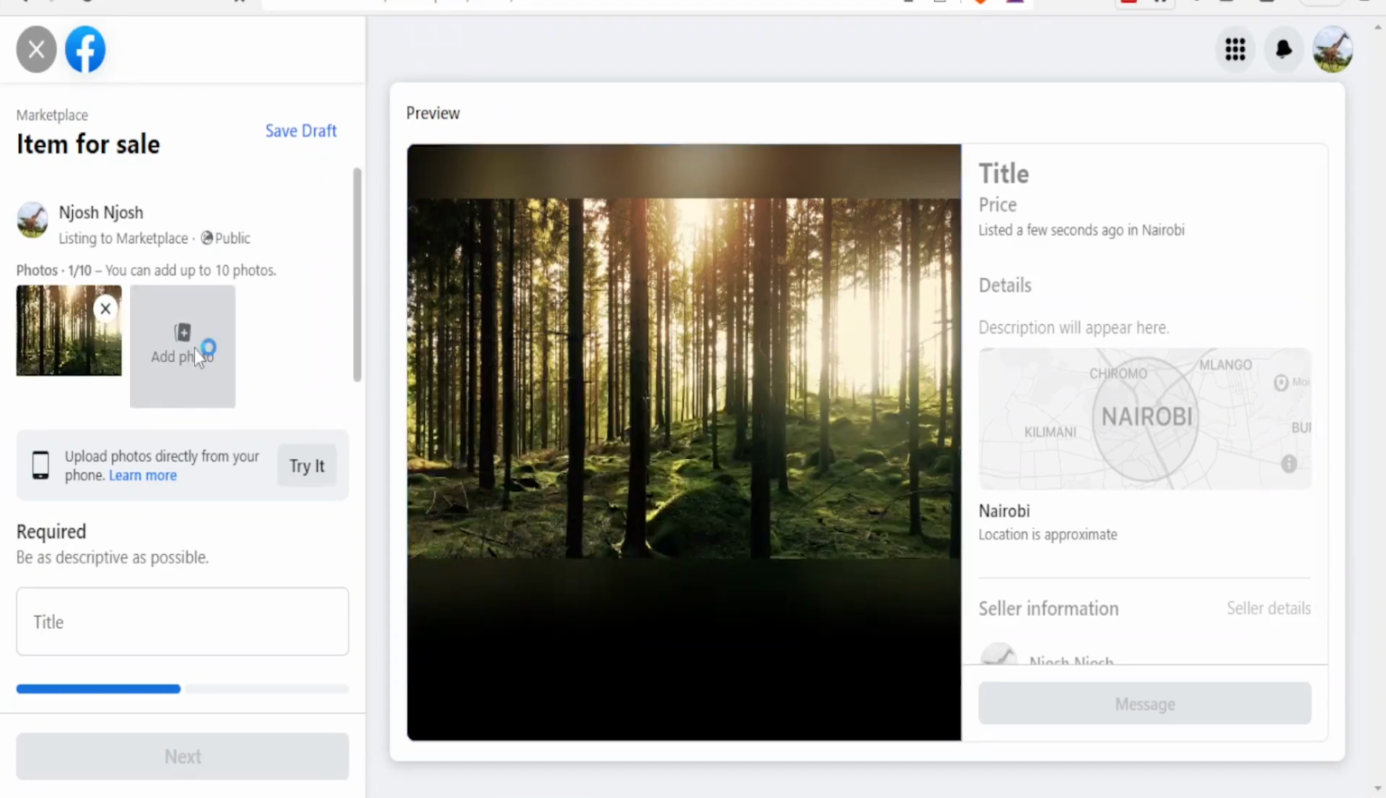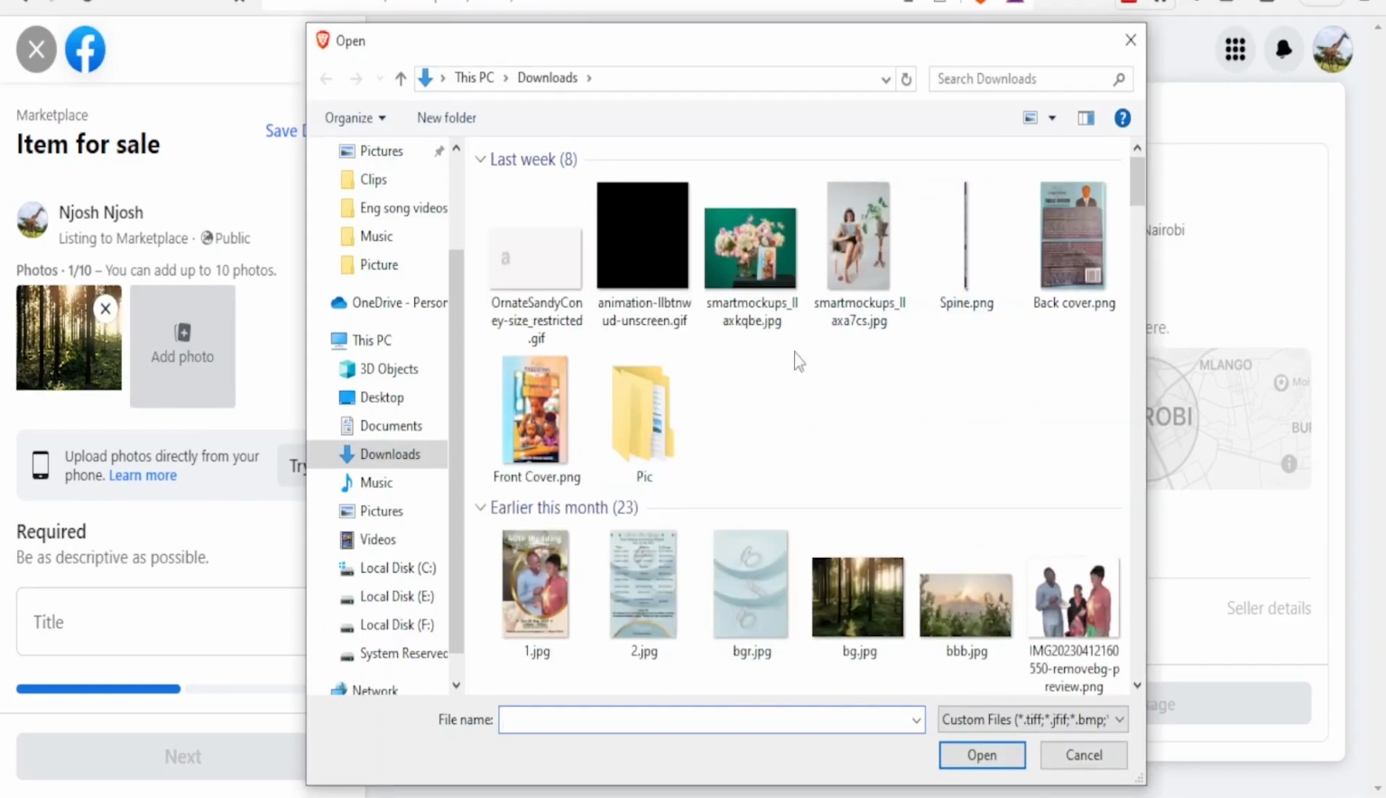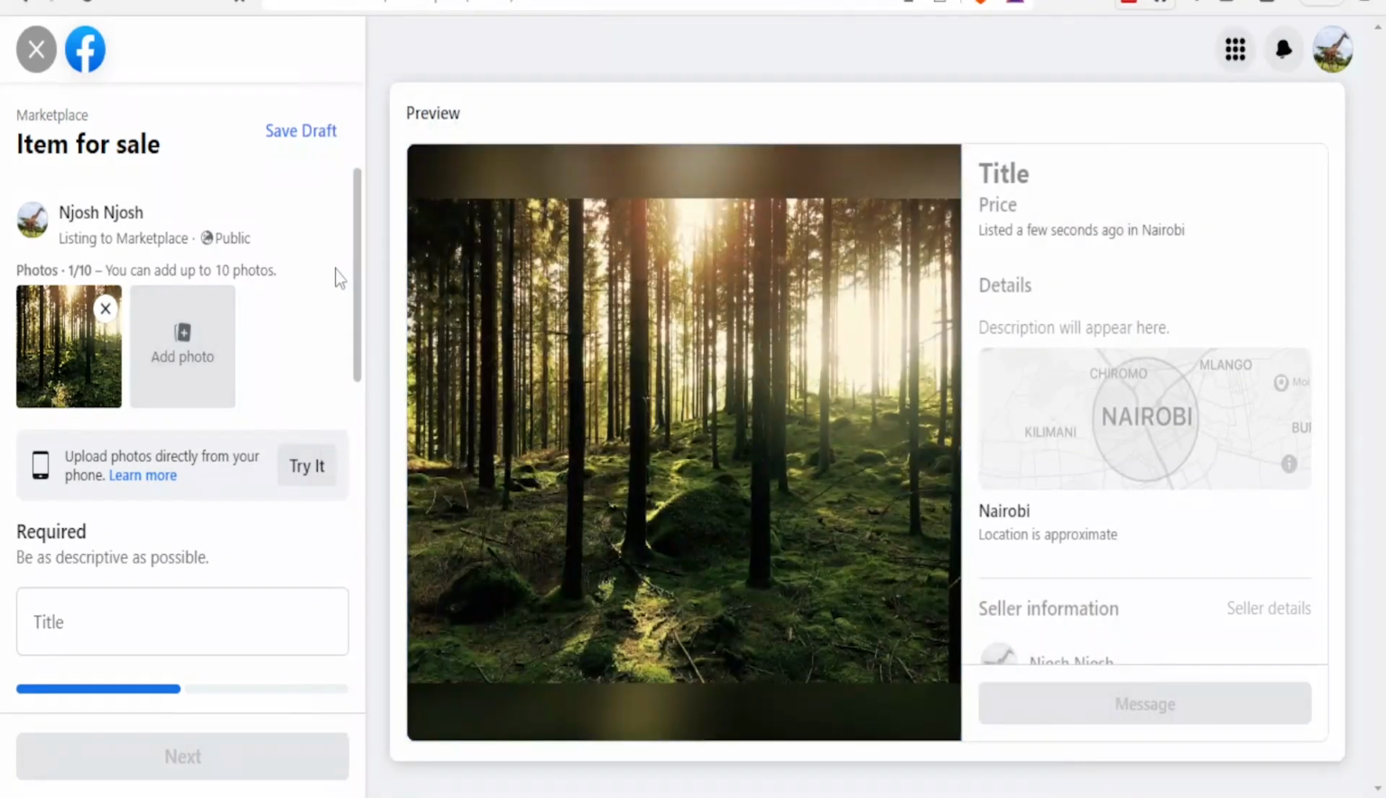You can add a second photo. Click on add photo, it takes you to your PC, select the photo that you want to add, and then you just click on open, and then it will be added. Then down here,